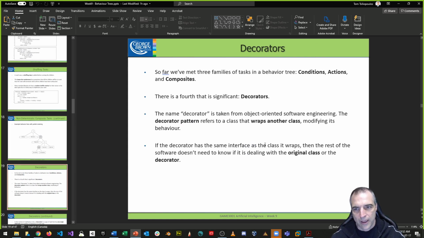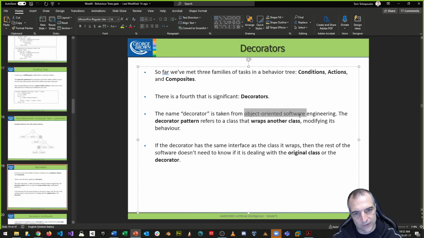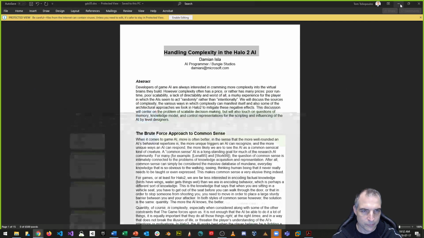All right, so decorators. We talked about different kinds of tasks: conditions, actions, and composites, right? And now there's a fourth thing that we want to talk about called decorators. I want you to think about decorators from an object-oriented software engineering perspective. It comes from the decorator pattern, okay? This is the article, by the way, on handling